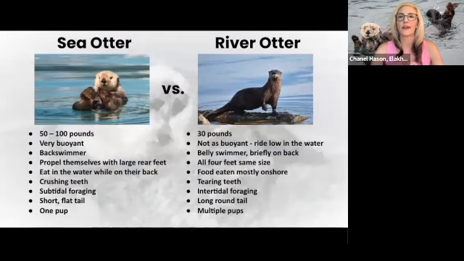between the two. River otters are smaller, they're not as buoyant, they swim on their stomachs. Sea otters will be on their backs and they have big back flippers, and river otters basically have the same size for all their 4 feet. So they can run, they're super agile along the rocks. So if you see something moving really quickly along the rocks of the Oregon coast, 99% sure it's a river